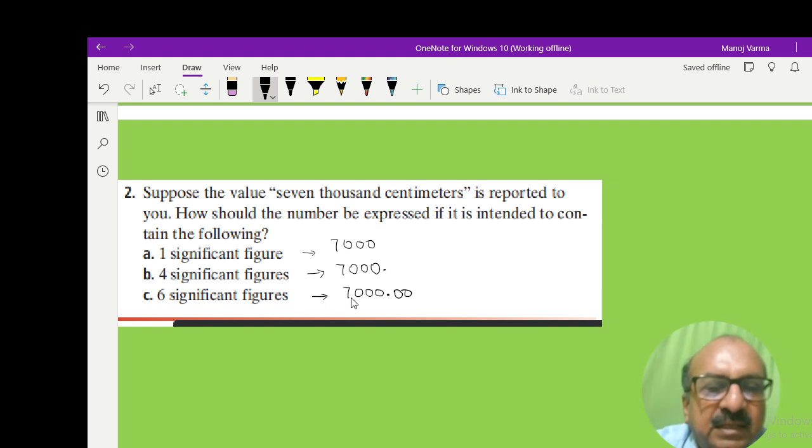These zeros are significant as well as these zeros are significant. So 1, 2, 3, 4, 5, 6. So even though all the numbers are 7,000, they have different numbers of significant figures. I think you understood this, and going further,